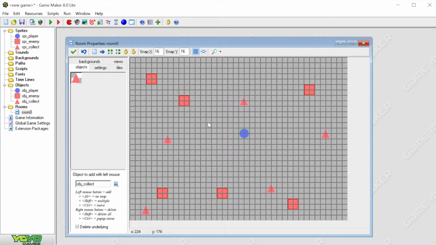Okay, so we know there's 1, 2, 3, 4, 5 instances of this. So the maximum points I can get is 50. Fine. And what we are going to do is put a little bit of code